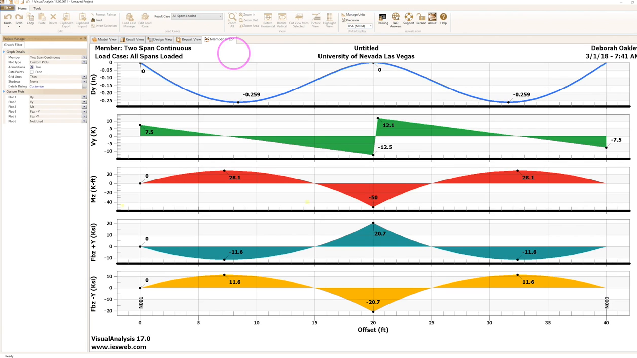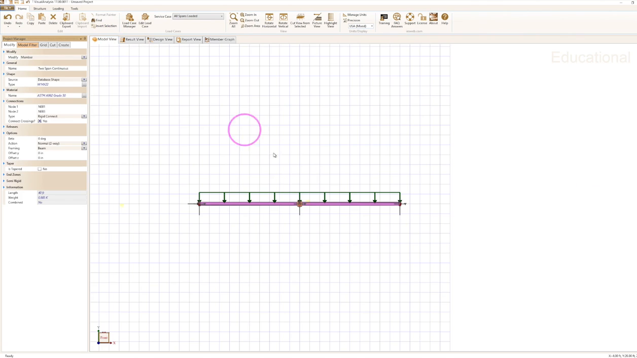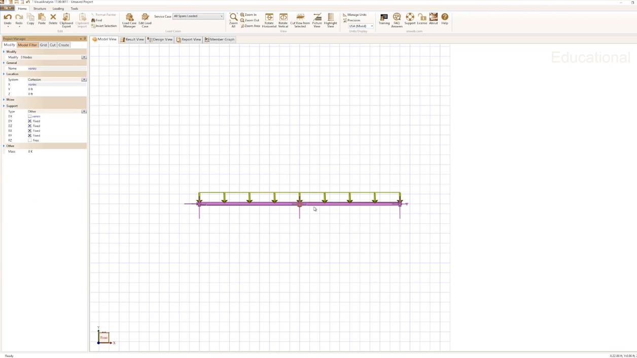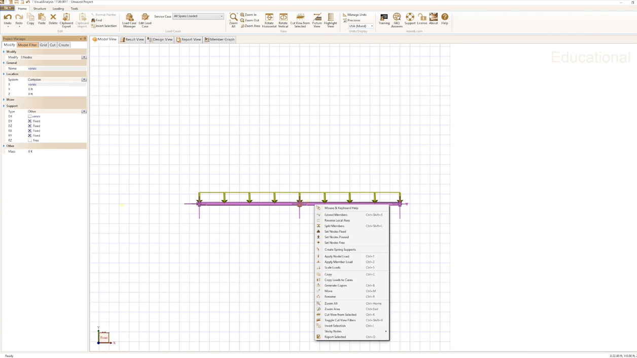All right, so next scenario, let's look at this compared to a simple span beam. Go back to my model view. I'm going to actually copy all of this onto a new beam. I'm going to hold the control key, hold the shift key and drag over all of this and right click, and I'm going to say